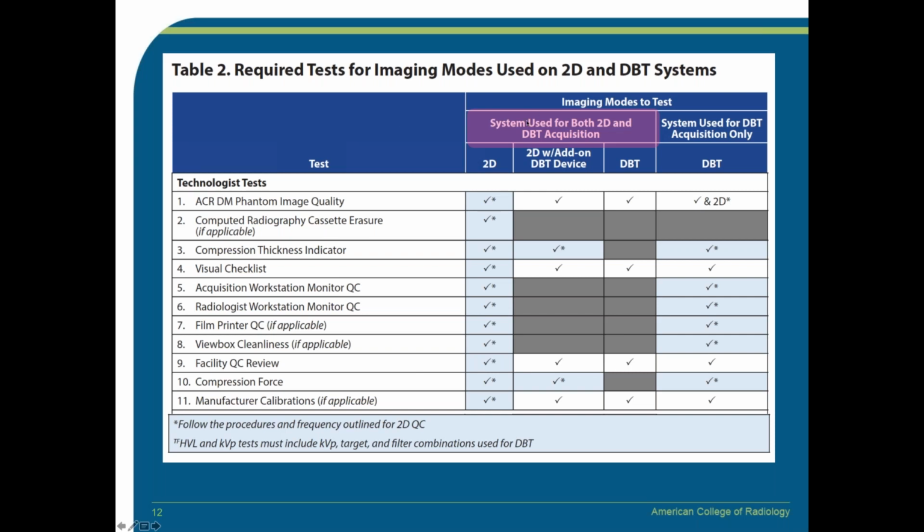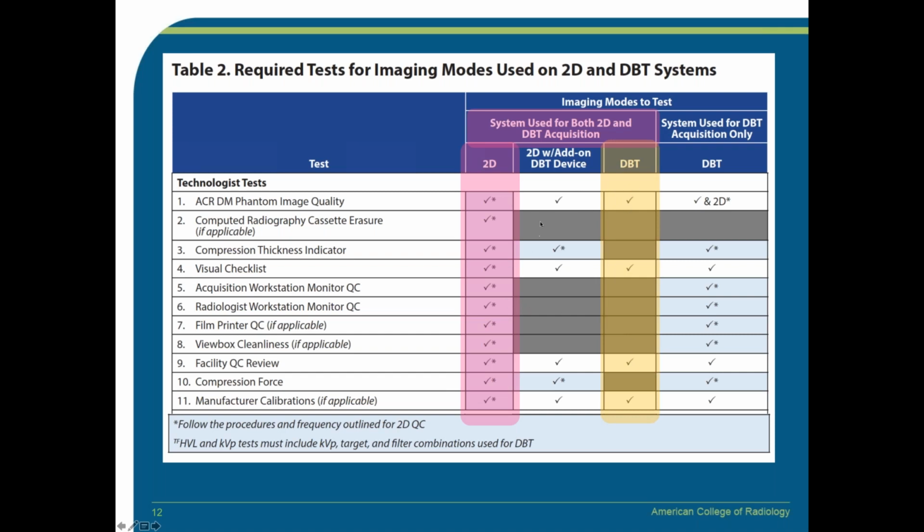So in this purple box here at the top, if you use a system for both 2D and TOMO acquisition, you would choose your columns of how you acquire your 2D and 3D image. So if you just do a 2D image strictly, you would just do these tests here. If you have an add-on device, you would do the middle column for your TOMO. And then if you do 2D plus a TOMO system, you would just basically do the yellow column and the